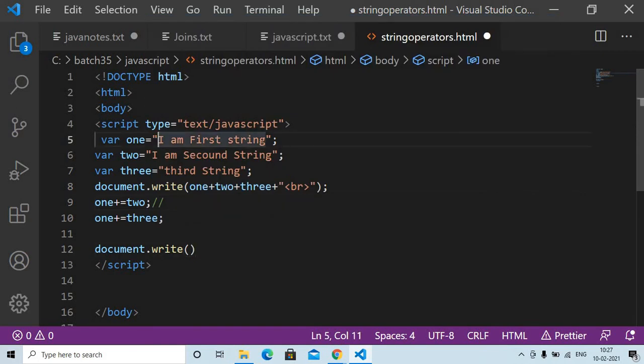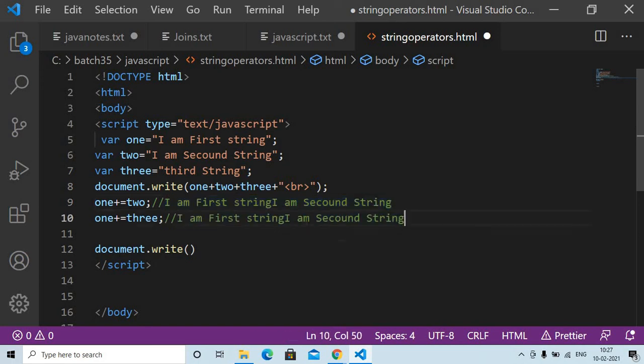Okay, so here I am first string, I am second string, and I am third string. The third string also it is adding. Like that, you want to add and assign, concatenate plus assigning to that particular variable, you can use concatenation and assignment.